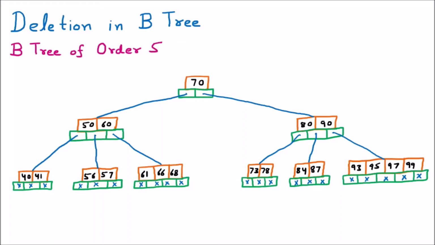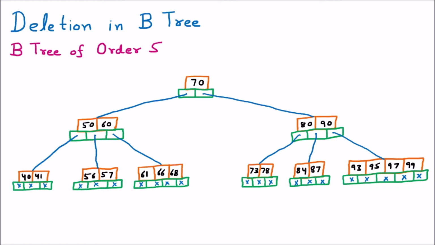Now we are discussing the topic which is deletion in the B tree. We know that B tree is the extension of the M-way tree or M-way search tree. So talking about the B tree, here we are having the limited height. There are some rules by which the height of the B tree is limited. Now, if we are going to perform some deletion in the B tree, then there are some specific rules that we are going to follow here.